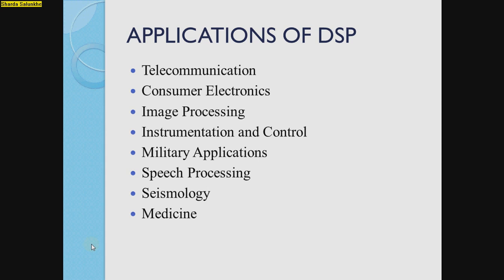Next, these are some highlighted applications of the DSP, like telecommunication, consumer electronics. DSP can be used in image processing. In telecommunication, the DSP is used for different satellites. Signals can be passed by using different communicating devices. Next, consumer electronics, where different devices are built with a DSP processor. The DSP can be used in image processing. So this is one of the major areas of application of the DSP.